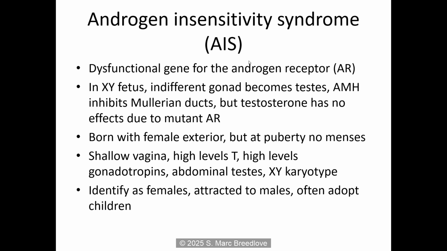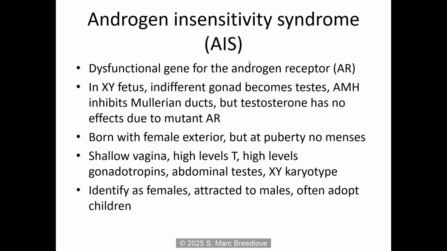If you want to know why you can't, through ordinary breeding, get two X chromosomes with a defective androgen receptor in the same individual, I'll explain it to you later. Okay? But that means that an individual who has only one X chromosome, if the androgen receptor gene is defective there, the Y chromosome will cause the indifferent gonad to develop as testes.